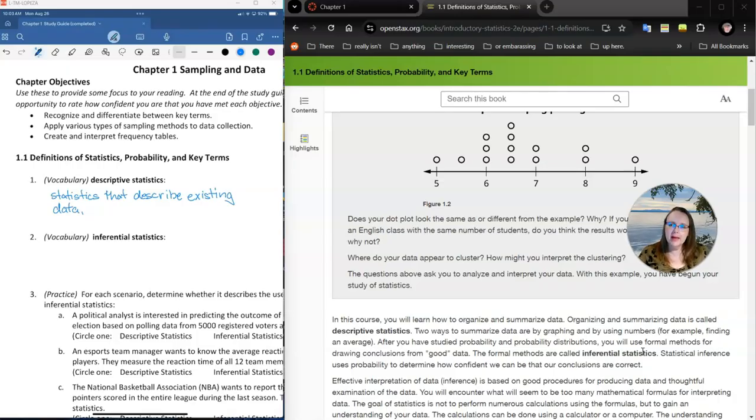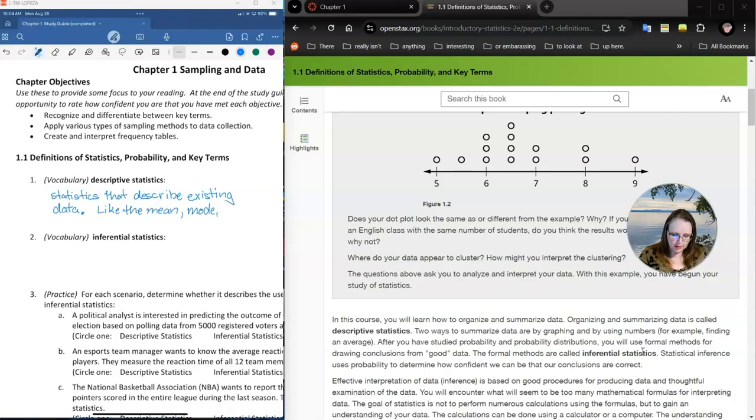And what I mean by that is if you've got a bunch of numbers, you can take the average of those numbers, the mean of those numbers, and that's a way to describe numbers that exist. You could find the lowest number, the highest number, the number in the middle. You can find all of those things, and each one of those is a way to describe the data that exists. And so I would say statistics that describe existing data, and maybe I would say something like the mean,